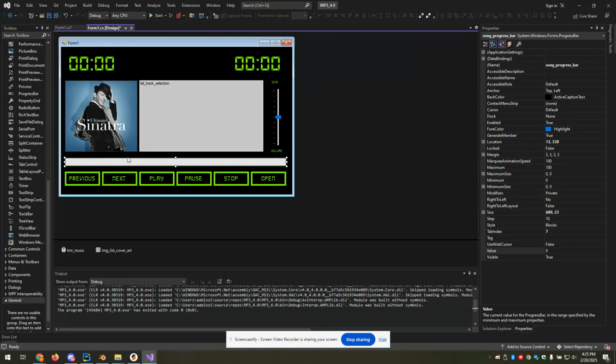And that's all good and fine. The only problem is we're not going to see any sort of visual on the progress bar. So to fix that,